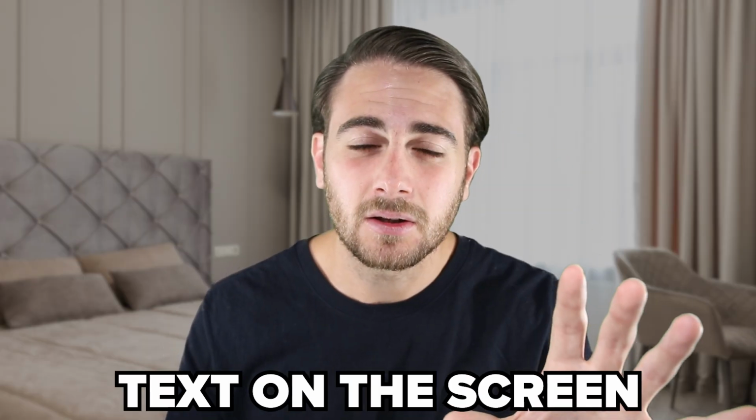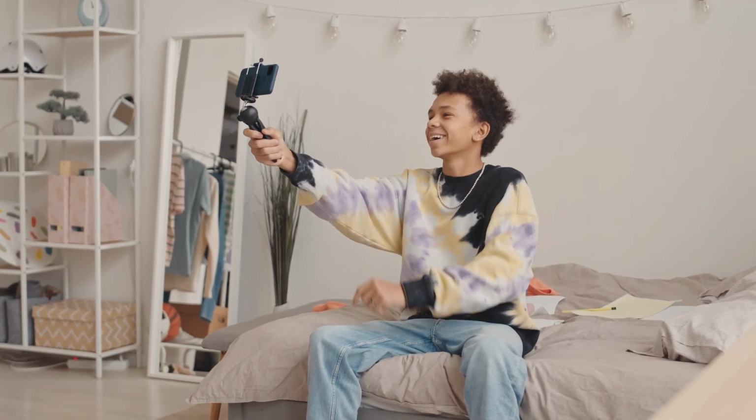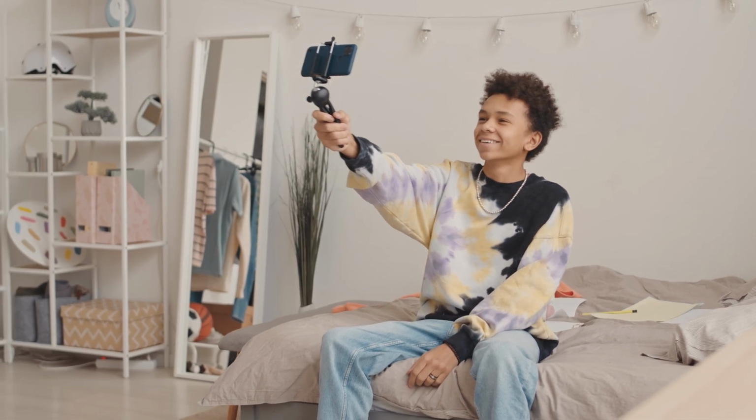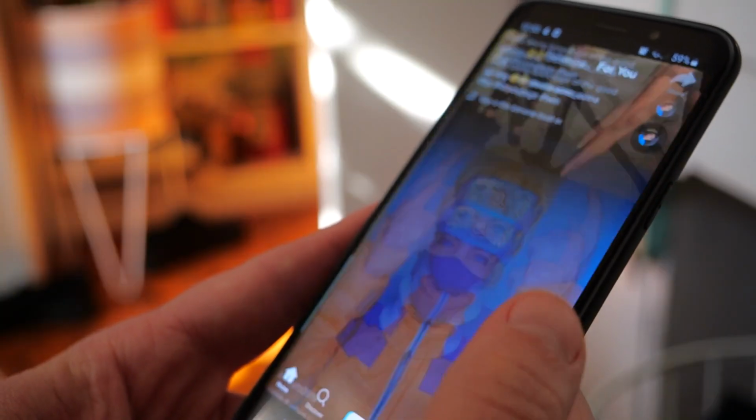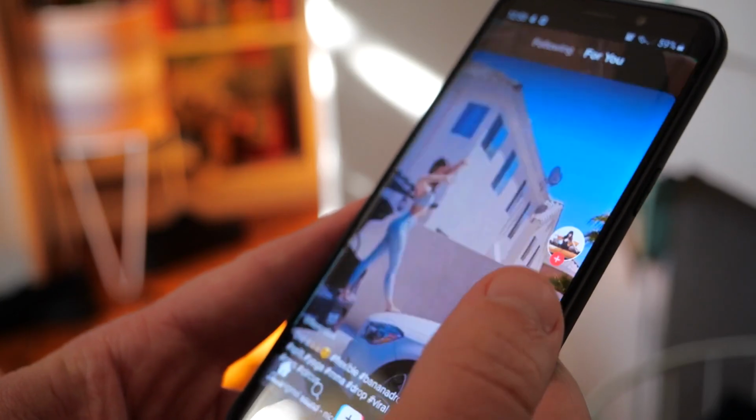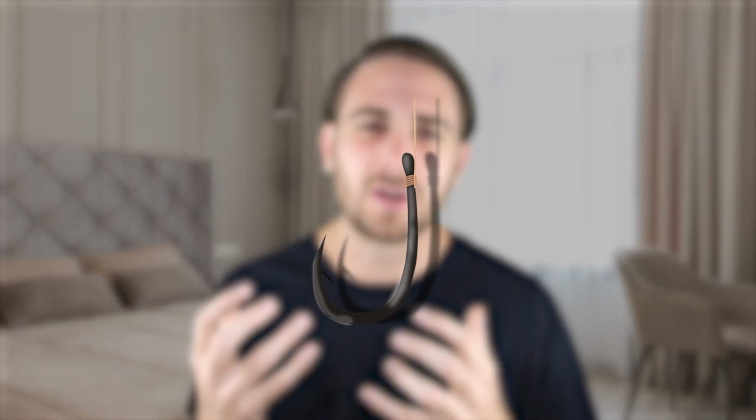1, you could put text on the screen or something on the screen that alludes to what's going to be happening next. 2, you could choose a camera angle that actually engages the person or gets them to want to continue watching the video. And 3, you need to make sure that you have something up on the screen or some kind of sound or sound effect playing that actually makes somebody want to stop what they're doing to watch your video, because they have an endless amount of content they could possibly be watching if they're on TikTok, and you need to make sure that yours actually hooks them in.